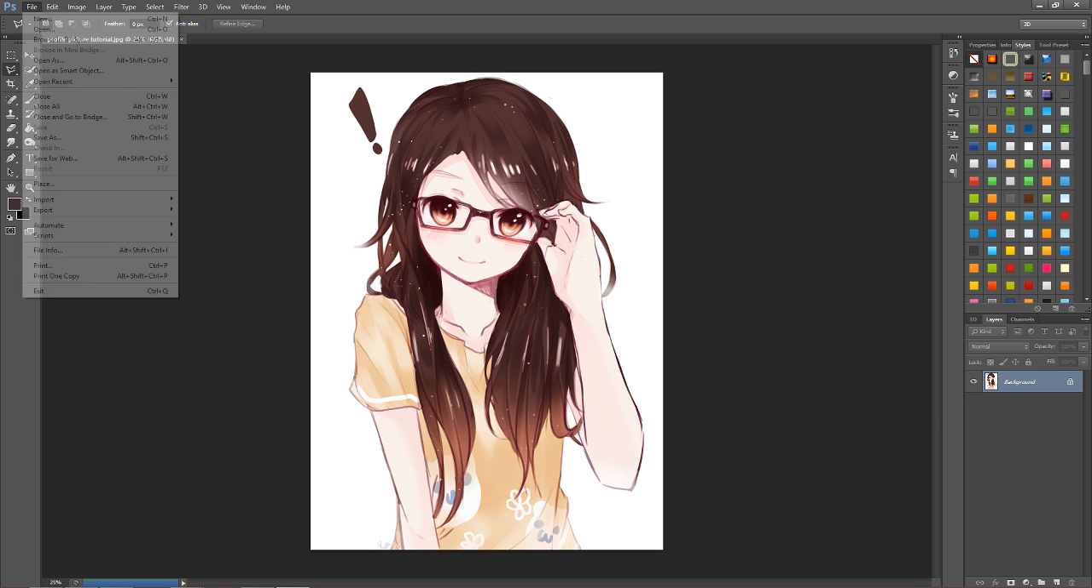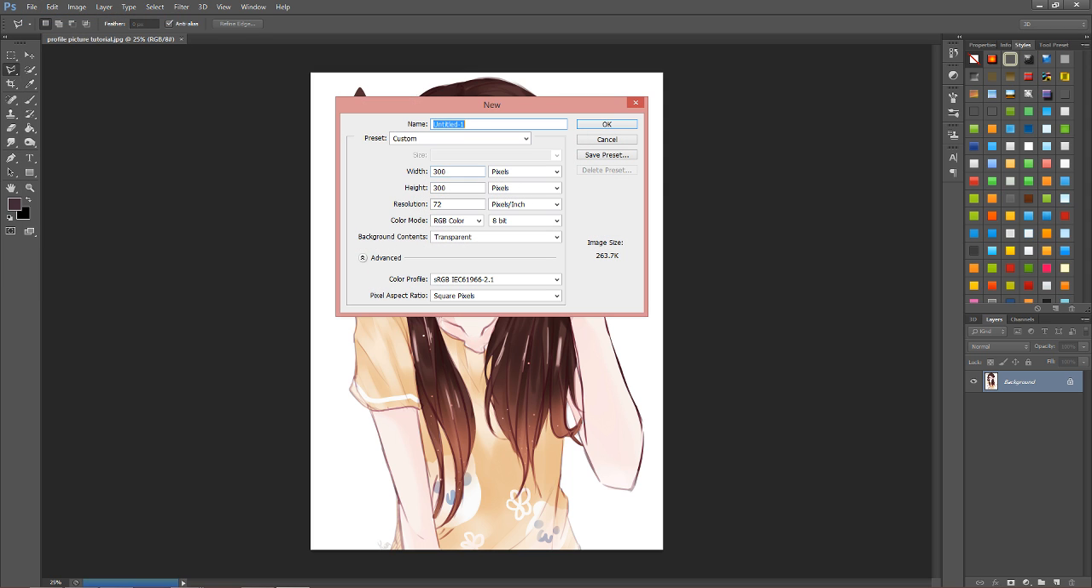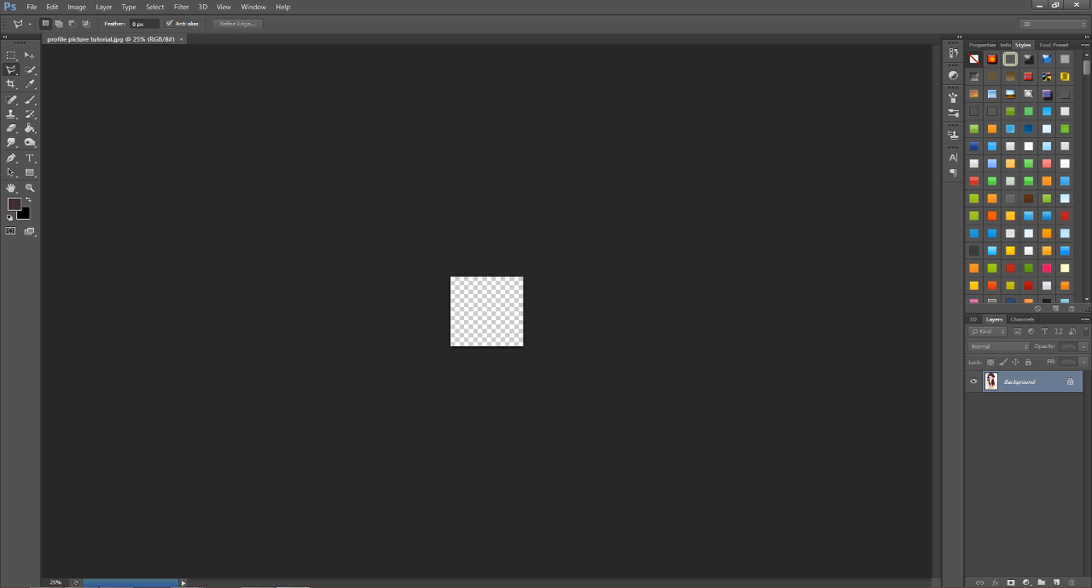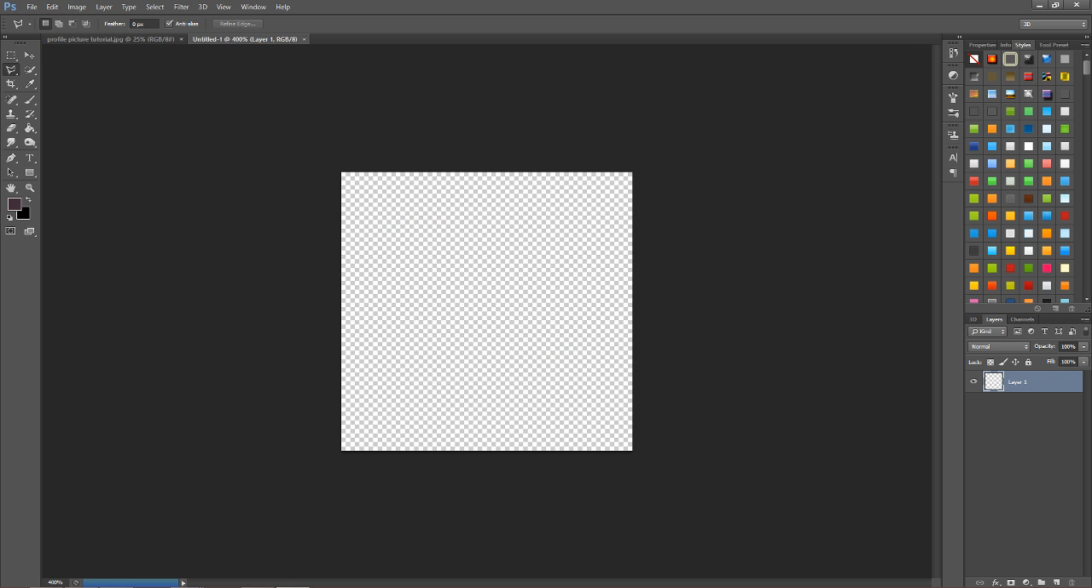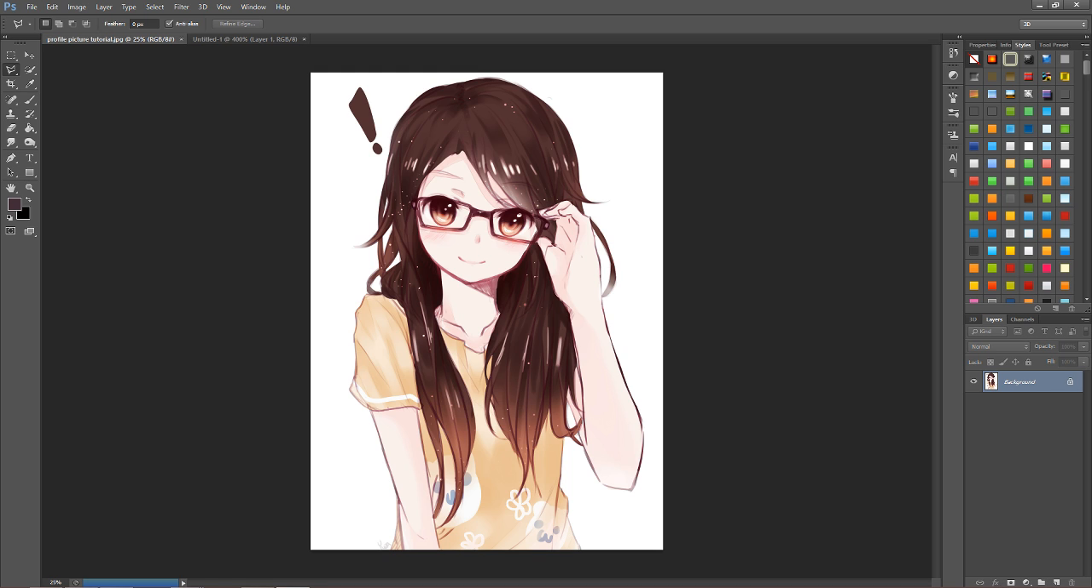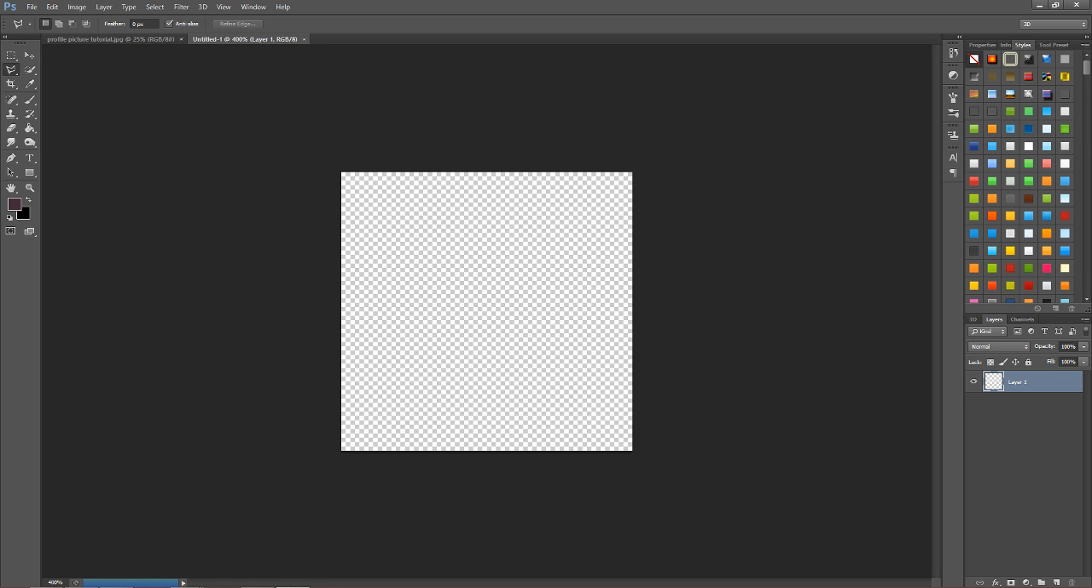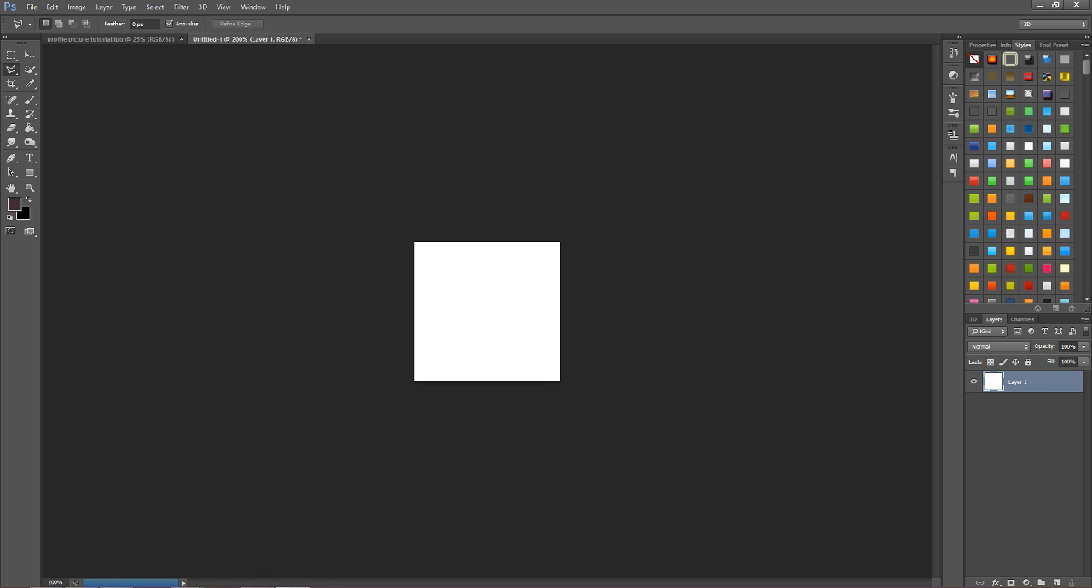And then when you do that, you go File, New, Width 128, Height 128. That's the resolution Osu uses. Looks really small, but you just have to Control plus and zoom in. And then once you have this open, Control A to select all of it, Control C, Control V, and then